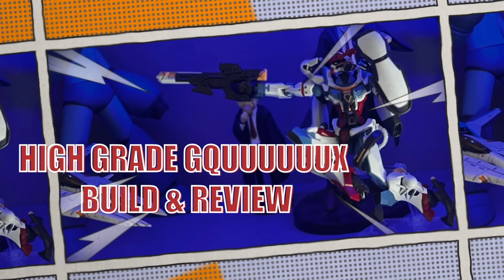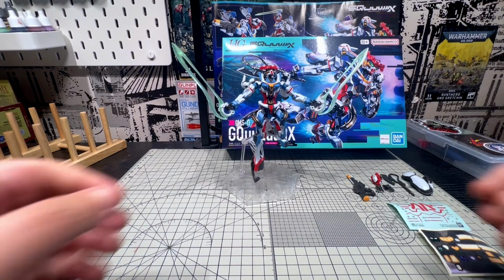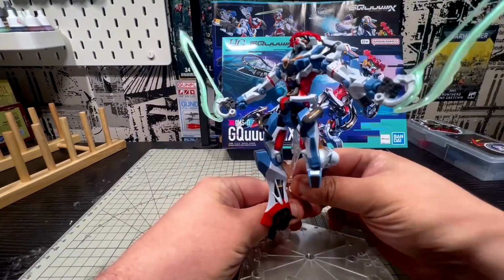Hello and welcome to my review of the High Grade Gquuuuuux. Yep, that's how you spell it and pronounce it, but odd name aside, is this kit any good? As you can see, it's a bit different from your usual Gundam design and it looks pretty good in my